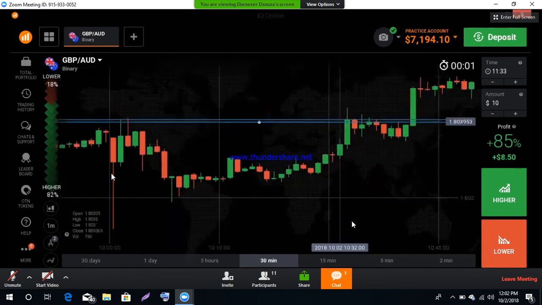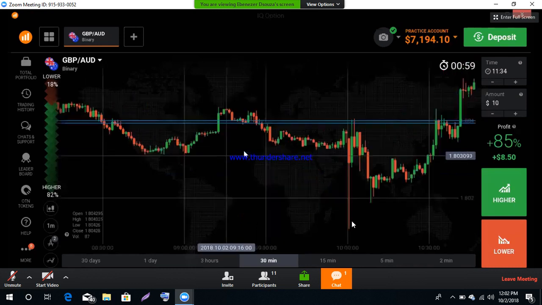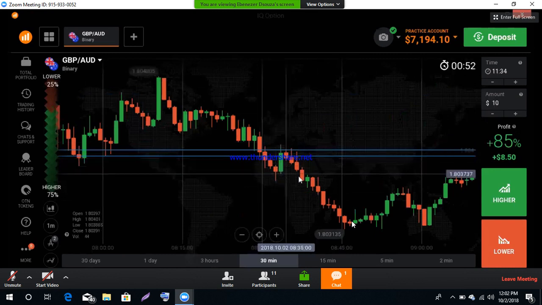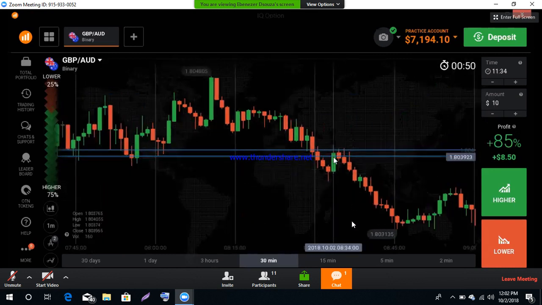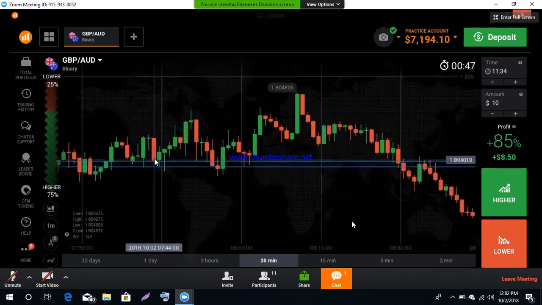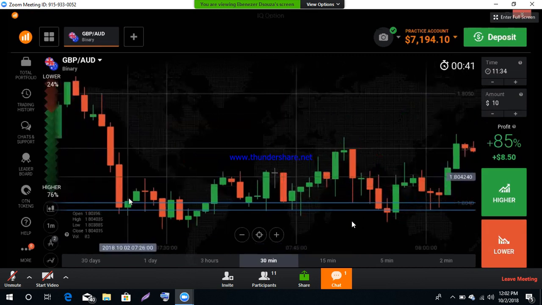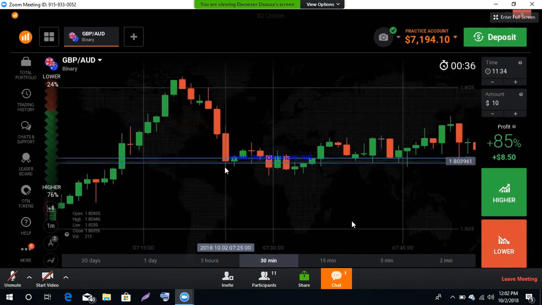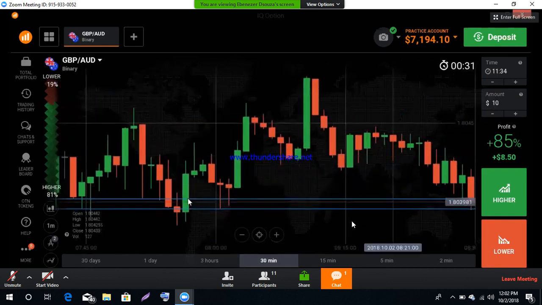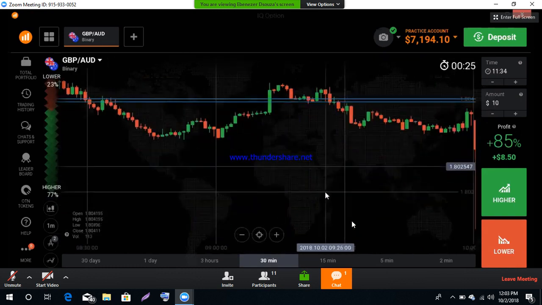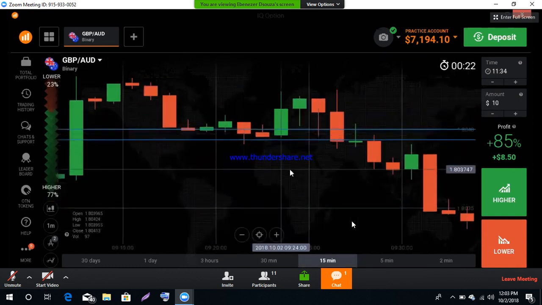Okay, I will check the confirmation here. The candle must close below the level with rejection. If you want to trade at the strong level, the candle must close below the level like this or like this. But you can't trade after this candle. If you get one good candle like this, closing below the level with rejection, you can trade on the next candle with confirmation. Then it will reverse from the same level like this. Okay, like this you can trade.